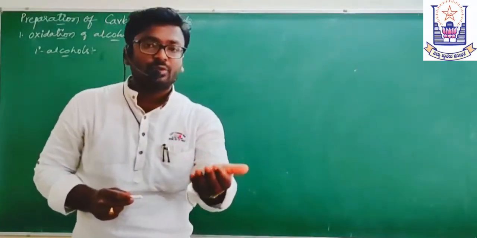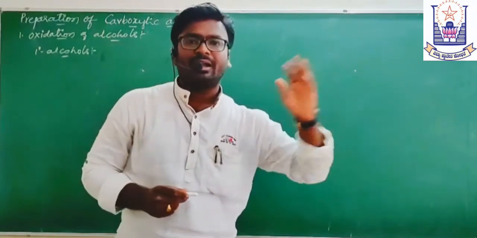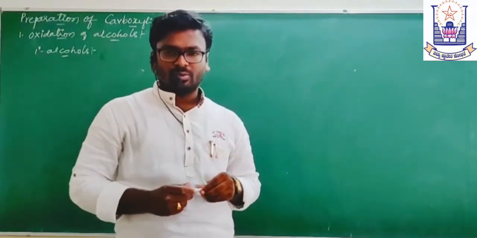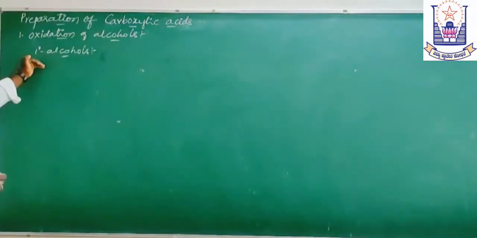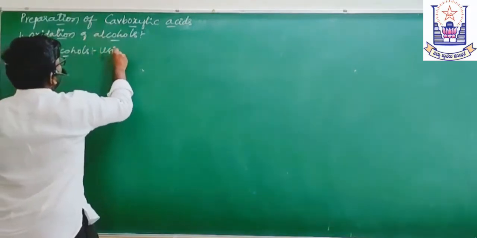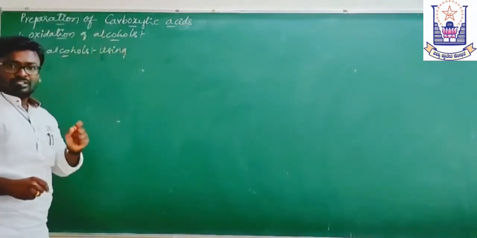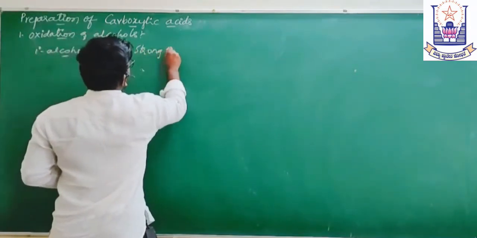Or else, if you use a mild oxidizing agent, it will stop at the aldehyde or ketone stage. The oxidation of primary alcohols requires strong oxidants,